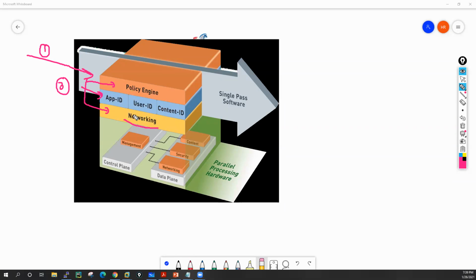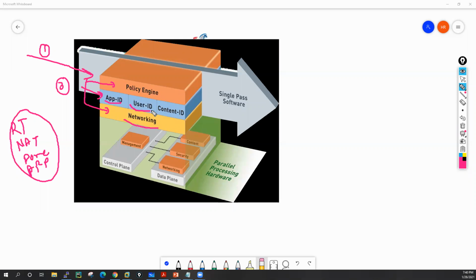Okay. The networking engine is responsible for your routing table lookup, your NAT, your forwarding lookup, and things like ARP. All these processes are performed by the networking engine. The Application ID engine is responsible for identifying the application.